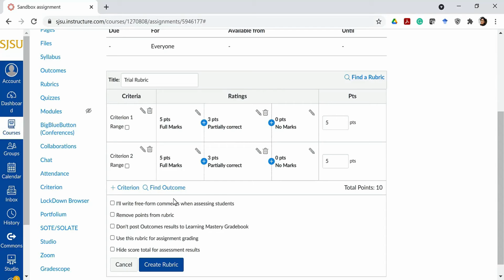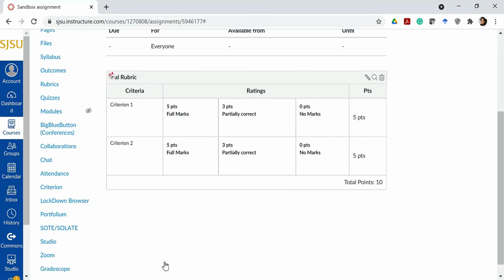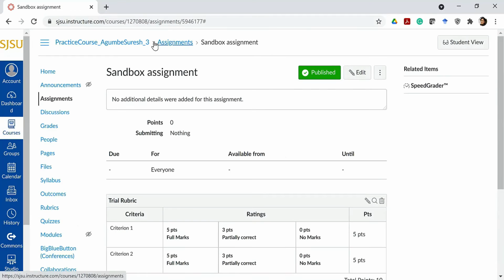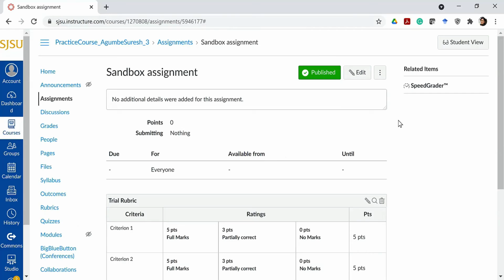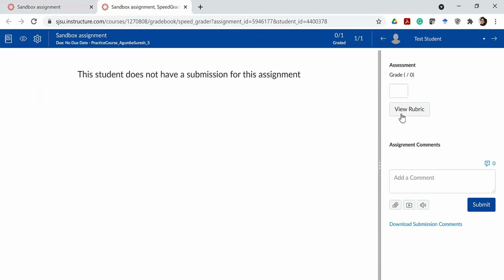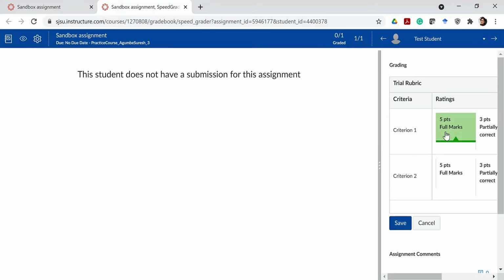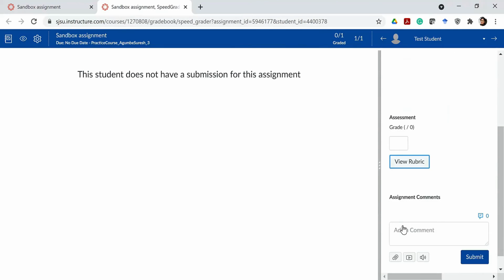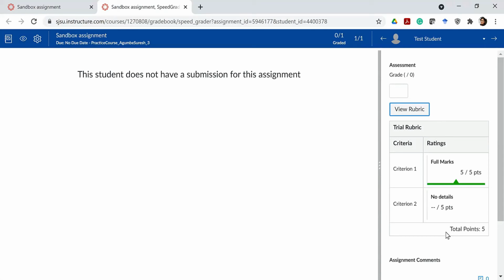So that's the basics of setting up a rubric. You can create the rubric. This is published, and I should probably go into student view to be able to submit something and then look at it in the SpeedGrader. Okay, so yeah, this did appear. I can view the rubric, I can use it to grade, and I can save it. It does appear over here in the rubric, but the final grade itself doesn't come by itself. In fact, I can try giving the total score for this assessment and see if it changes, and that won't change because I didn't use the rubric to affect the final grade.